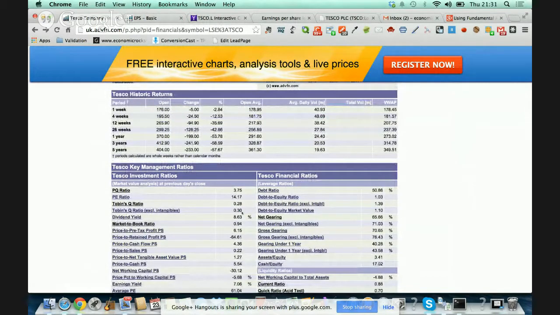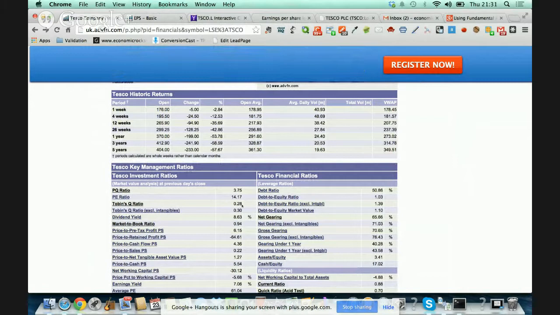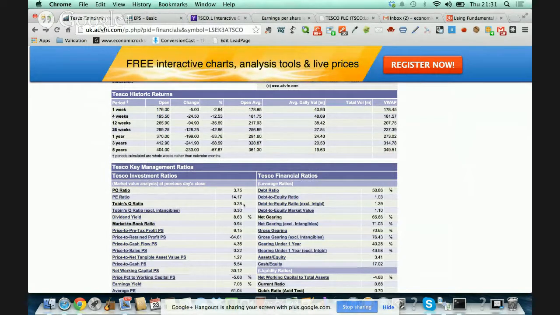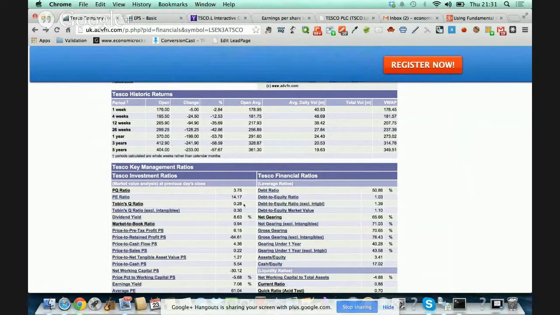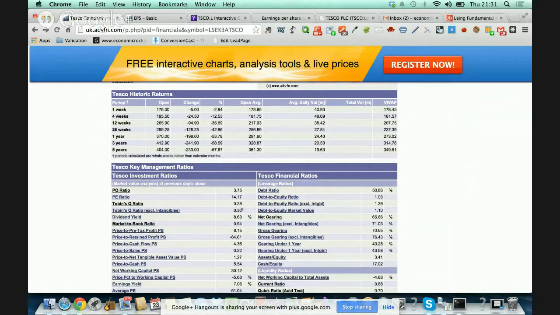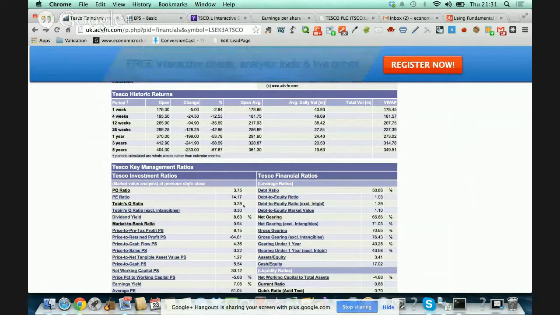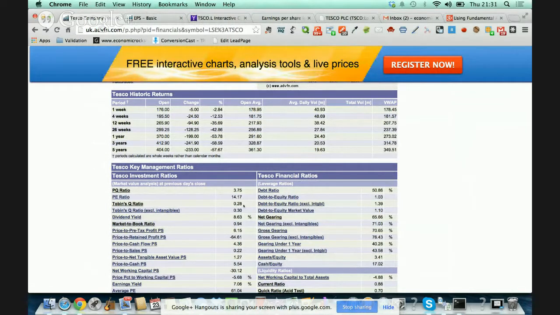And excluding intangibles, for some companies like Facebook it would be significantly high because they wouldn't necessarily have the assets or the capital structure that manufacturing, or in this case retail, companies would have. So a Tobin's Q of 0.28 is very, very low. And that's telling us that the stock price has gone down considerably